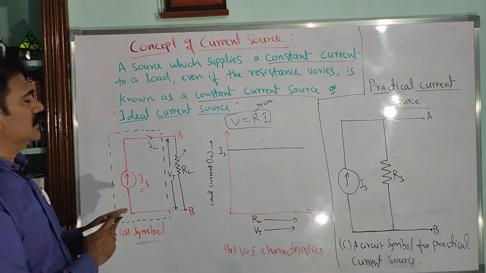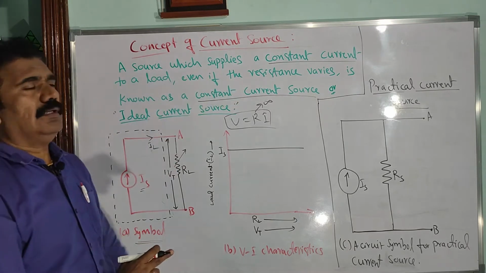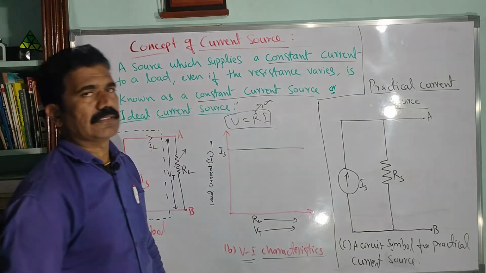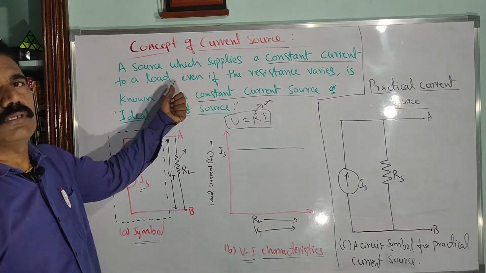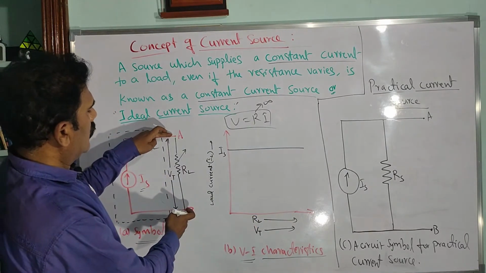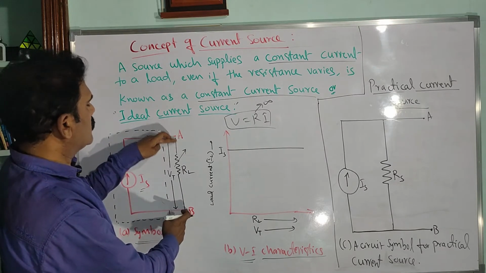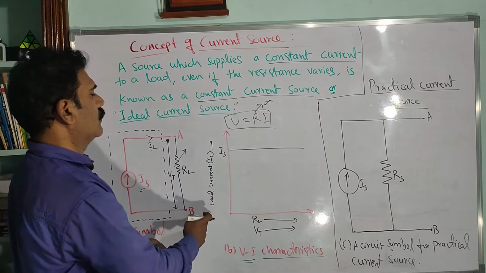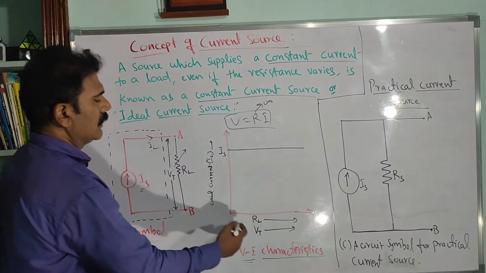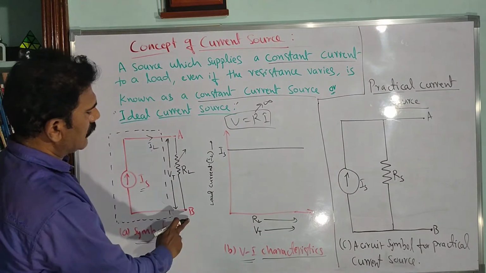ideal current source. It is always giving constant current in the circuit irrespective of the variation of the resistance. If you plot the graph of voltage-current characteristics, as per the definition the current should be constant. So as you consider the load current across the terminals A and B, if you connect a load RL, the current passing through the load is considered as IL, along the y axis, and along the x axis you consider whatever load RL values you are varying. Corresponding to that, the voltage measured across the terminals A and B is Vt.